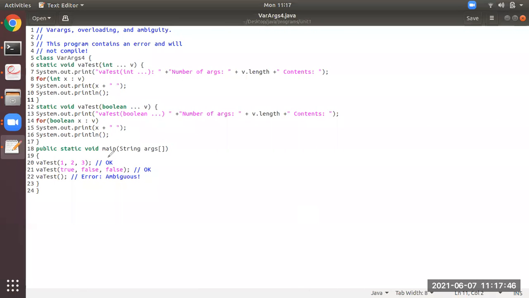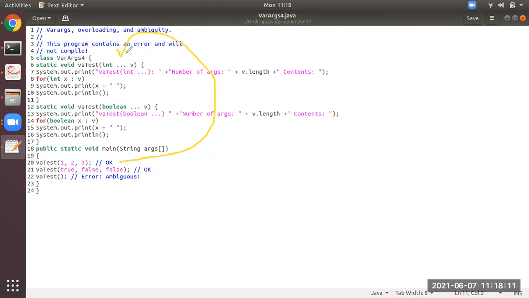See here students, at line number 6 and 12, you can see same methods. So this program is the demonstration of overloading of varargs. But what is the ambiguity? Ambiguity means confusion with the compiler. What is the confusion? You see here for line number 20, it is going to call this method.